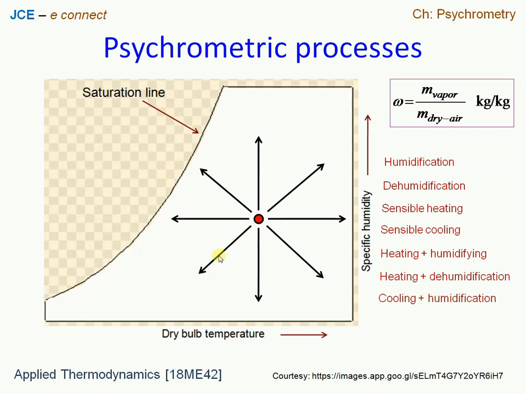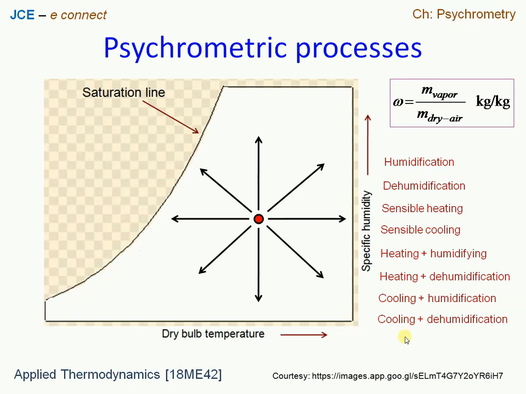And the last one, we have the downhill trend towards the left end. As the sample of moist air proceeds in the downward hill direction toward the left side, we see that the temperature is decreasing. That means cooling is taking place. At the same time, specific humidity value also is decreasing, which gives us an idea that the presence of vapor in the given moist air is decreasing. Therefore this is cooling cum dehumidification process.